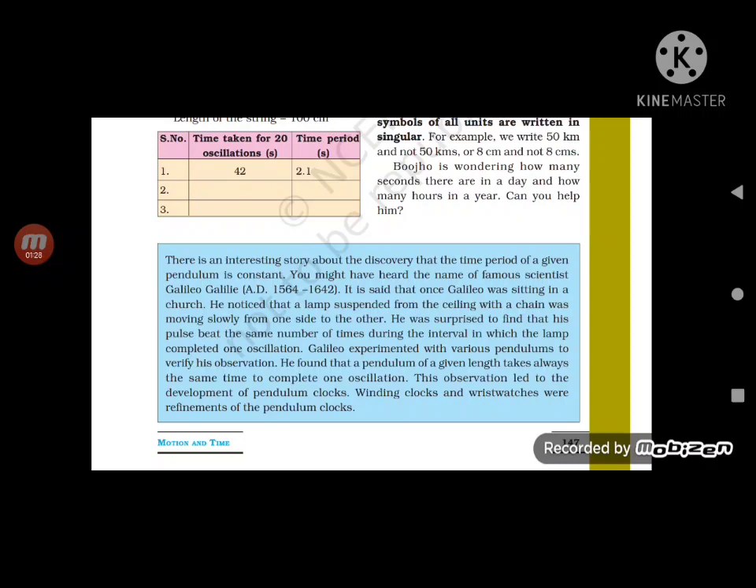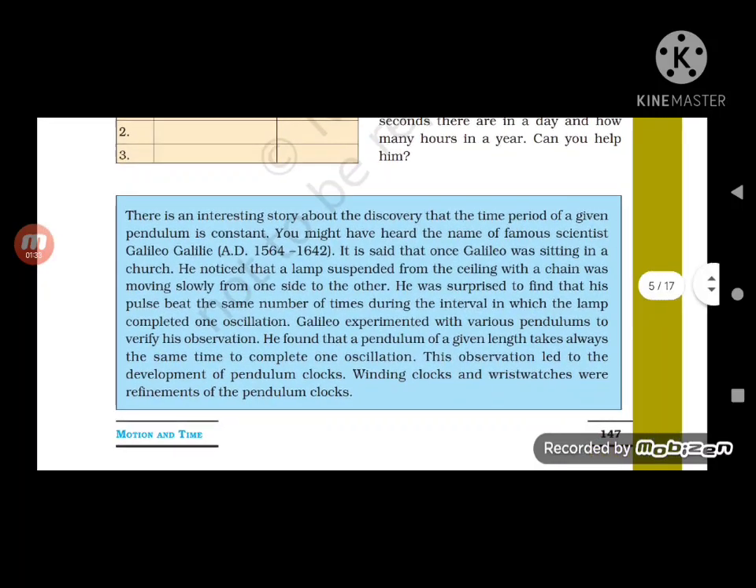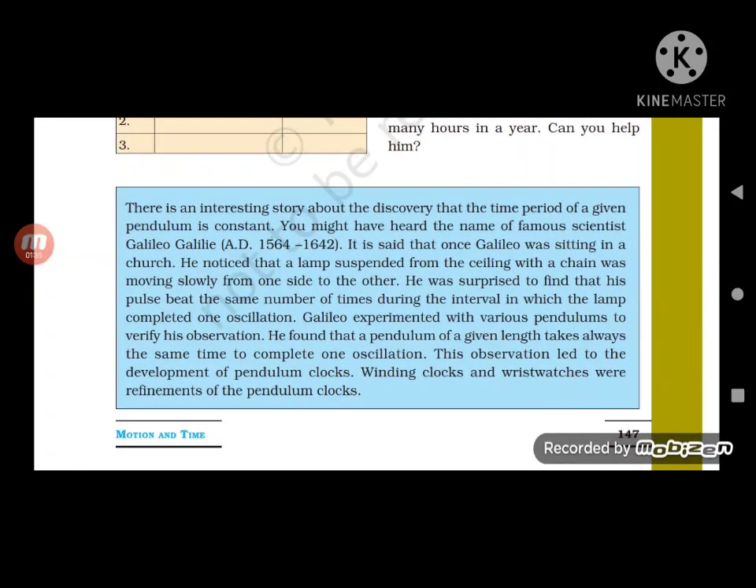So now it is a story of discovery of time period given by Galileo Galilei. He had discovered that the pendulum's time period is constant. It is said that once Galileo was sitting in a church. गैलीलियो क्या कर रहा था? चर्च में बैठा था। चर्च में बैठा था और उसने नोटिस किया कि एक लैम्प था, सीलिंग पे लगा हुआ था,